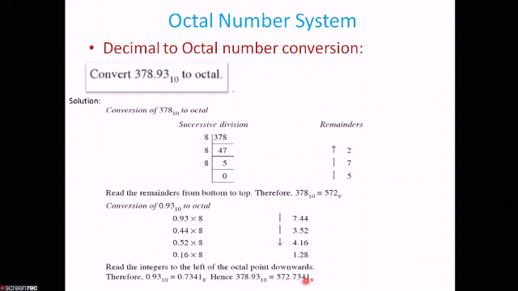Now the conversion of large decimal numbers to binary and large binary numbers to decimal can be conveniently and quickly performed via the octal number system. This is a very important thing. This is a very important usefulness of the octal number system.